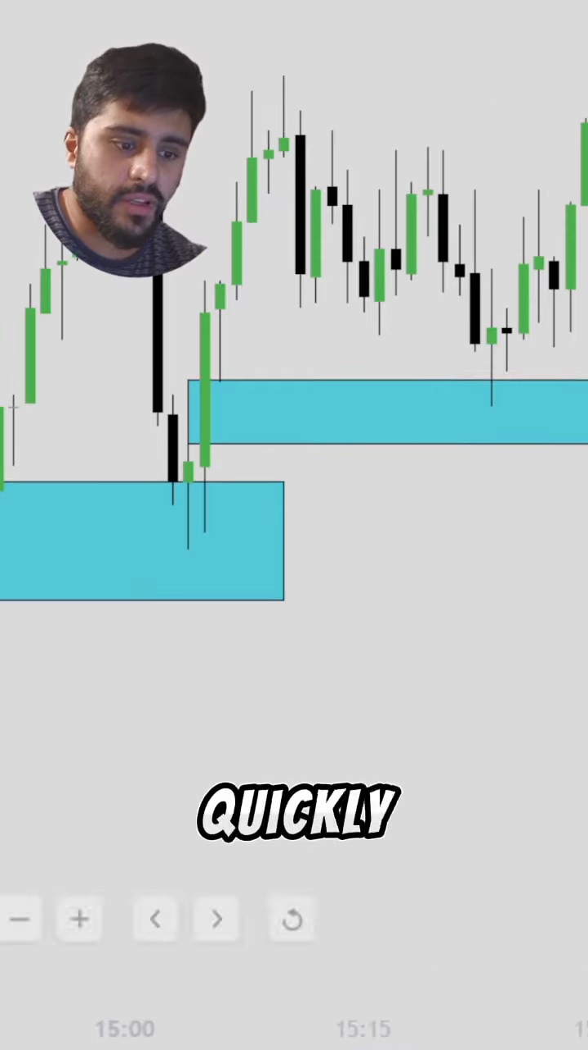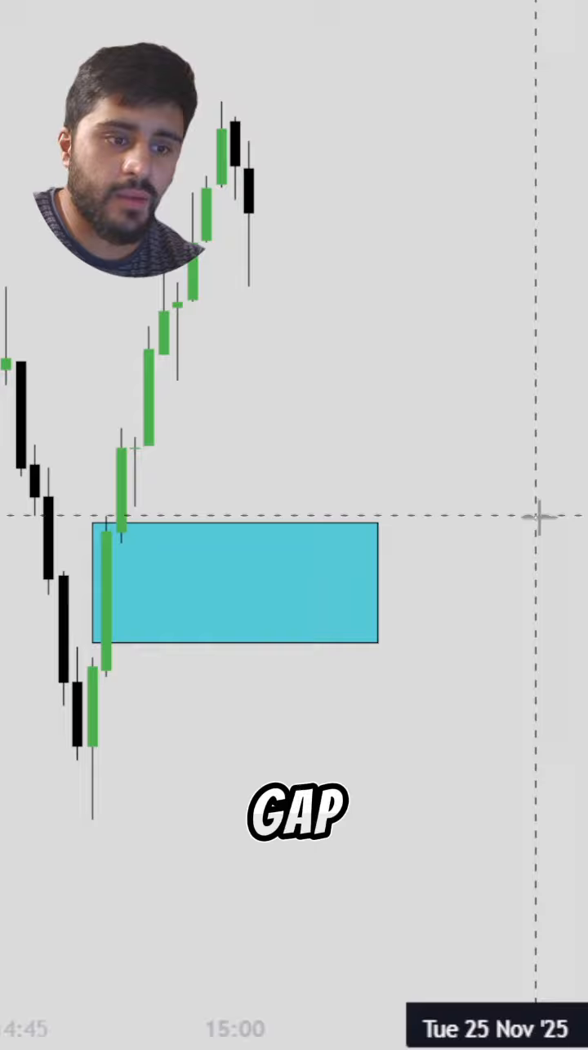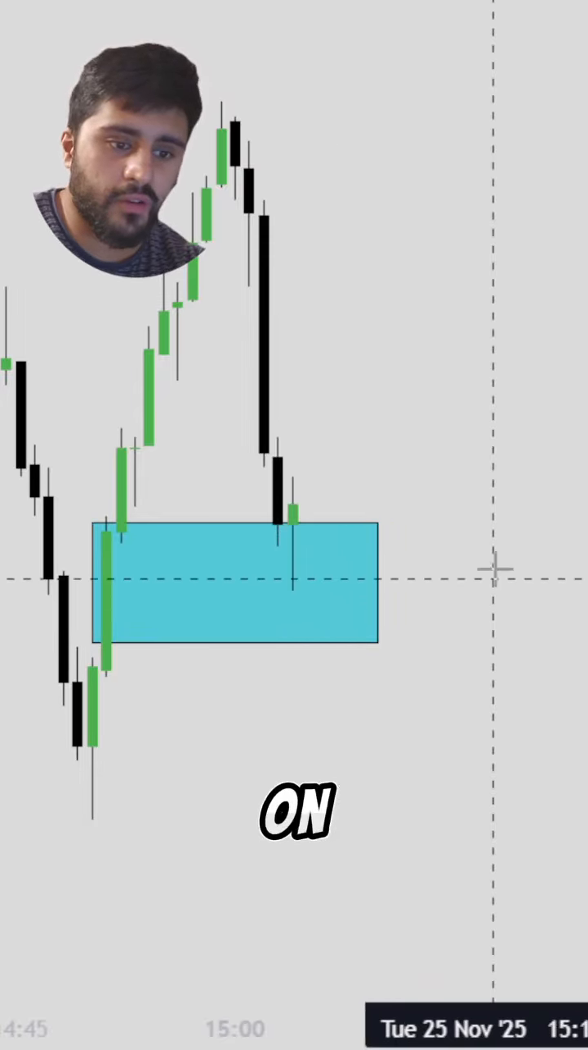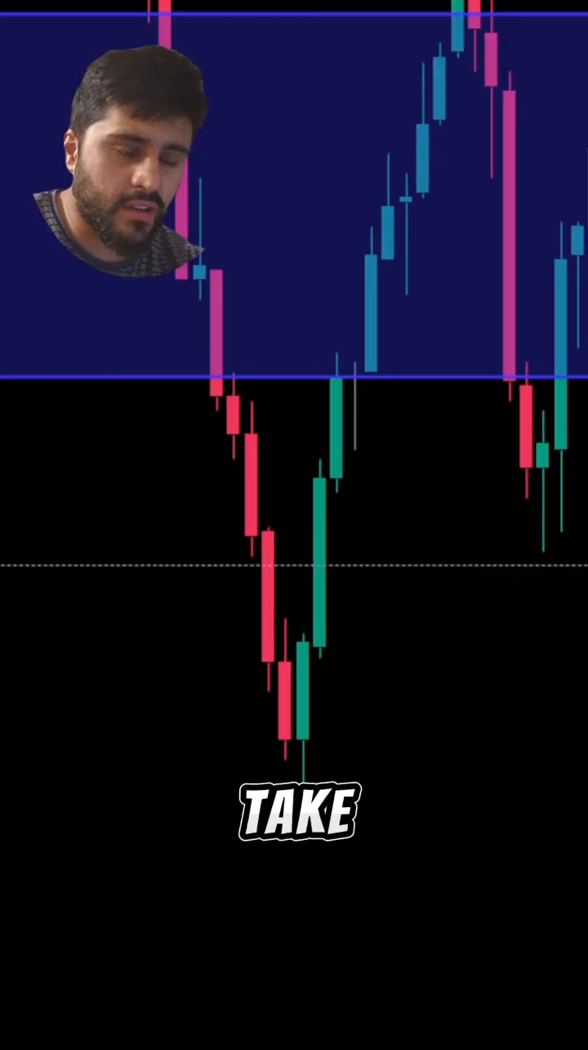So let's quickly go back and see what was going on. When you come into a fair value gap of any kind, when you see a rejection to the upside, you want to focus on what was going on over here. So this was 67.90. So if we go to the ATAS platform and kind of take this up, this was